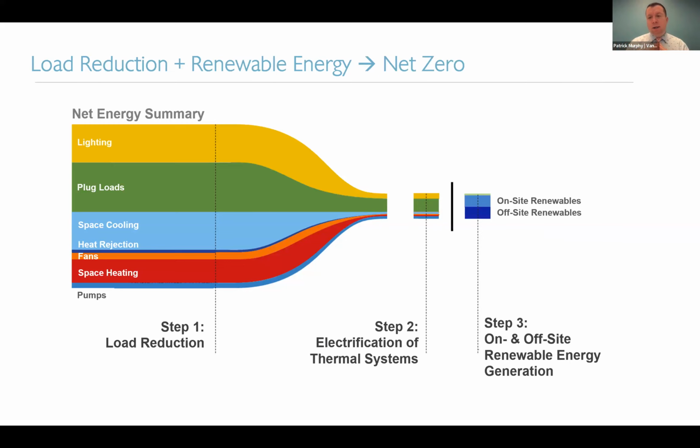Step one is reducing the loads. That's partnerships between architects and engineers to passively reduce loads, for example, with better performing envelope, solar shading, things like that. Then once you've reduced the loads and incorporated energy recovery and efficient equipment, now you're